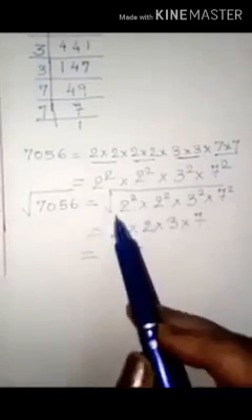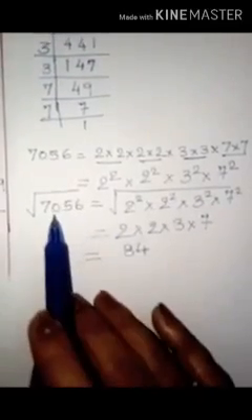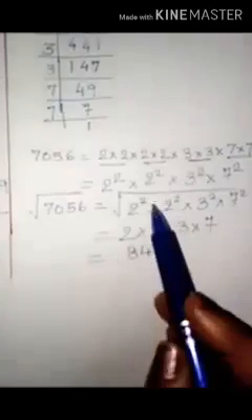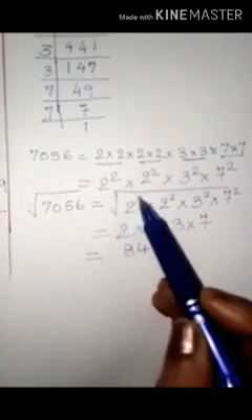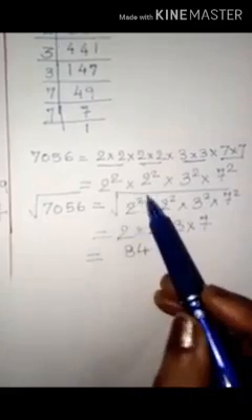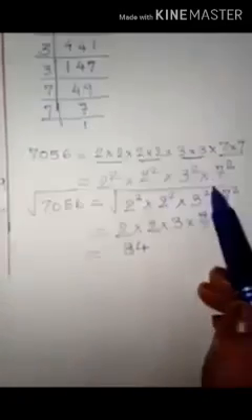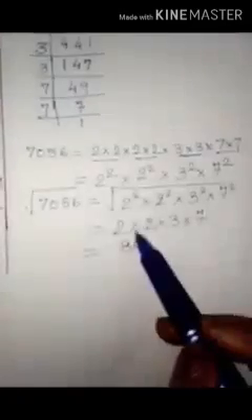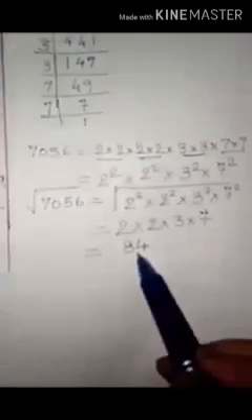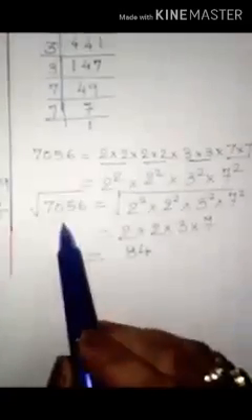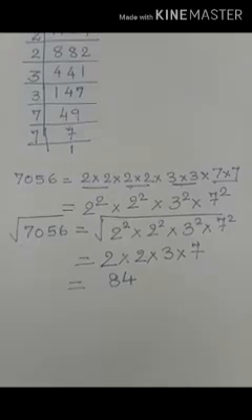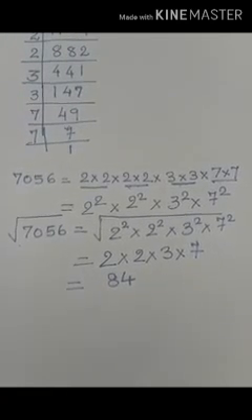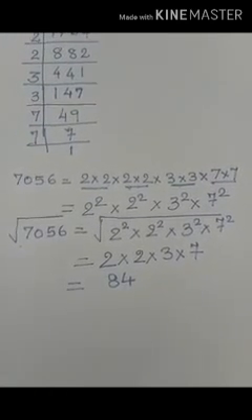Find the square root. On this side, you just put the square root sign, but on the right-hand side, the square and the square root sign cancel each other. They get cancelled with each other. So only the numbers are left now: 2, 2, 3 and 7. Multiply back, and you get the square root of the given number. This prime factorization method can be used only for perfect square numbers.